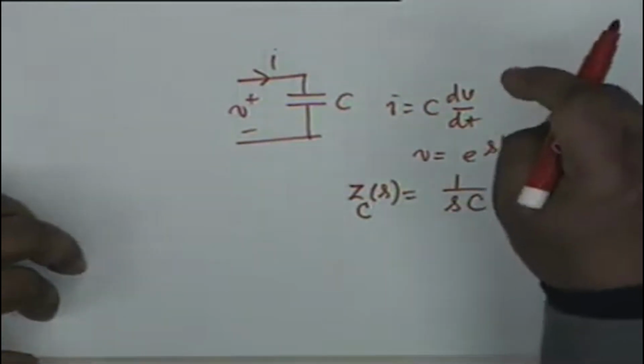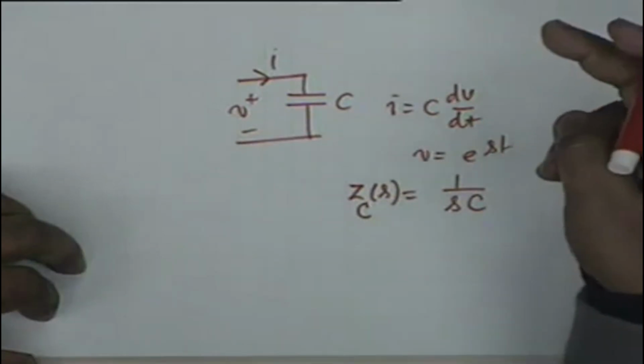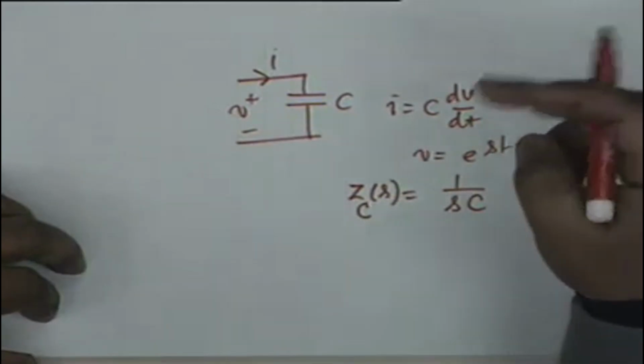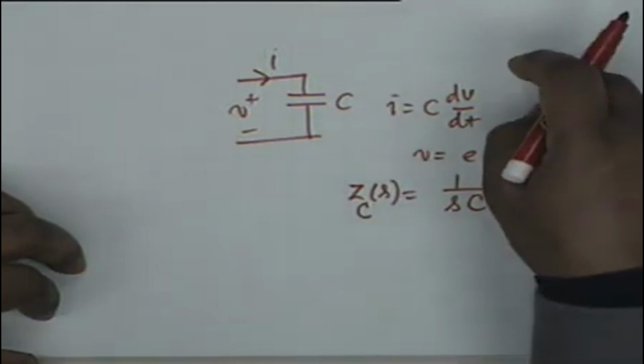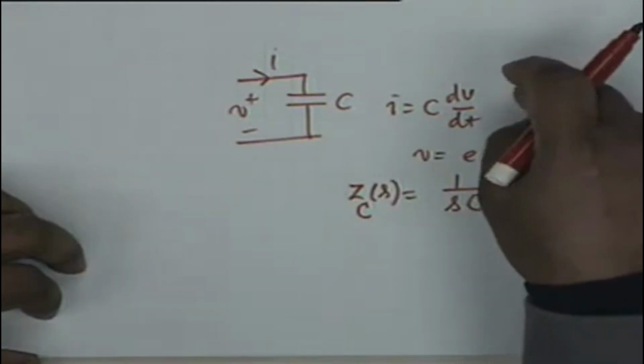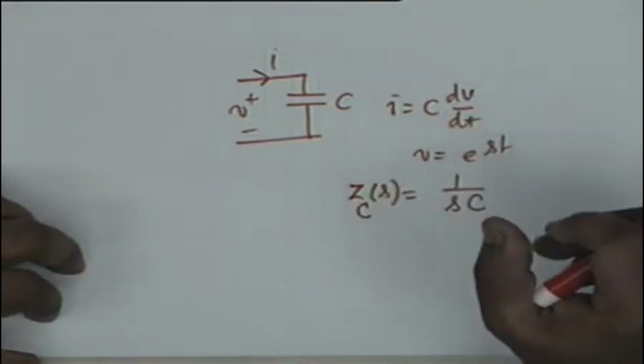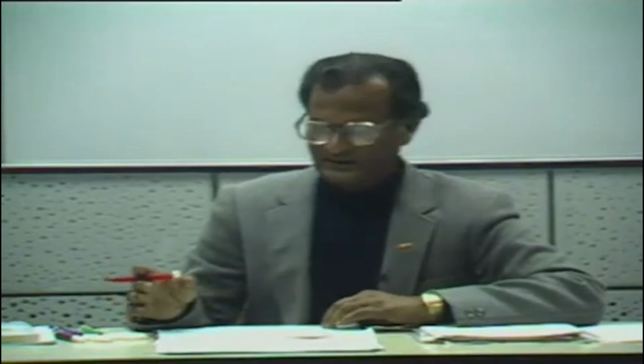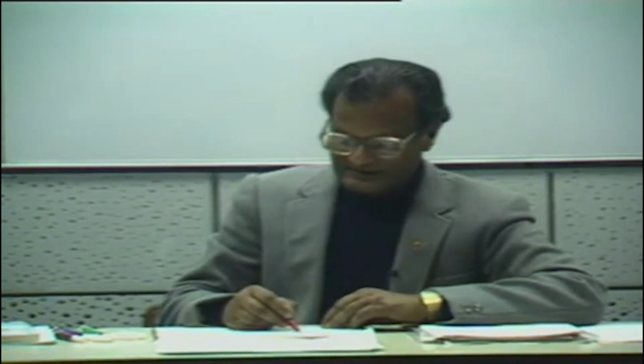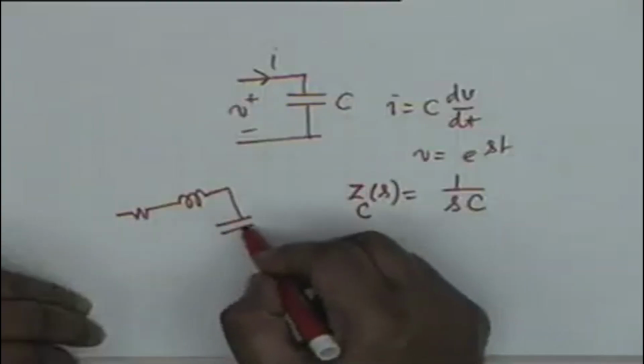Once the impedance is defined for inductor and capacitor, you can treat inductors and capacitors exactly like resistances. The impedance of a resistance is R, the impedance of an inductor is sL, the impedance of a capacitor is 1 by sC, and if you have, let's say, a series combination of R, L and C,